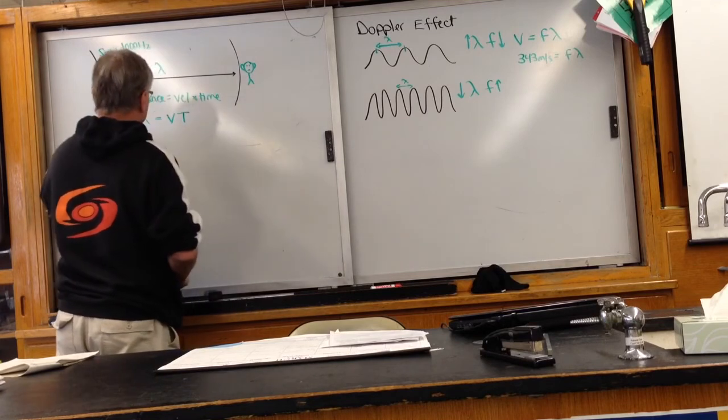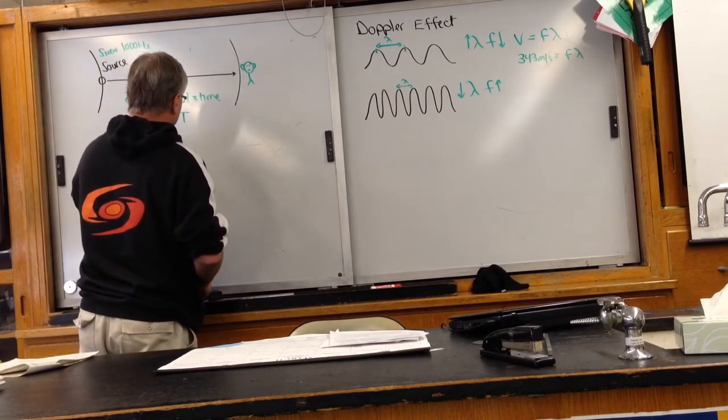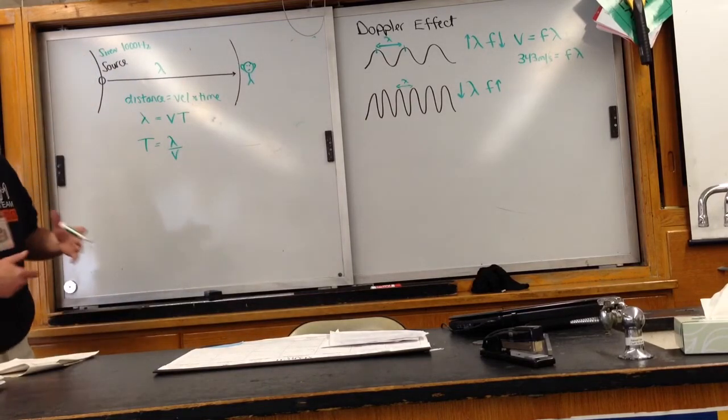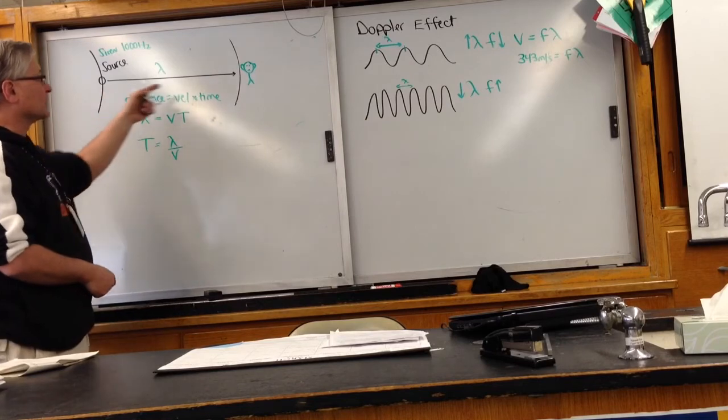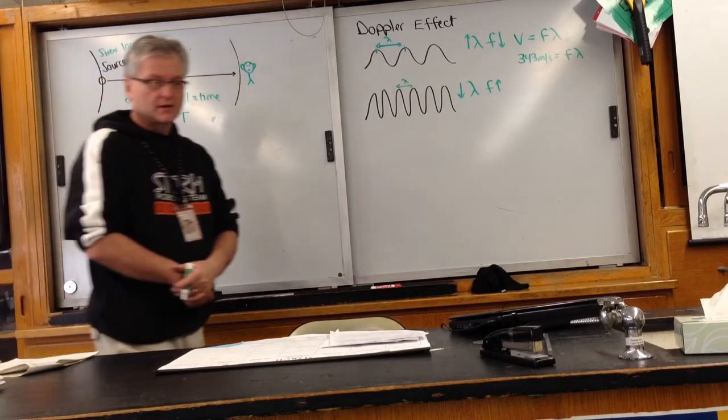So if we take this and then solve that, the period is going to be equal to the distance, which is the wavelength, divided by the velocity of the sound itself. And that tells us how much time it takes, or what the period is, for this particular wave. All right, now,